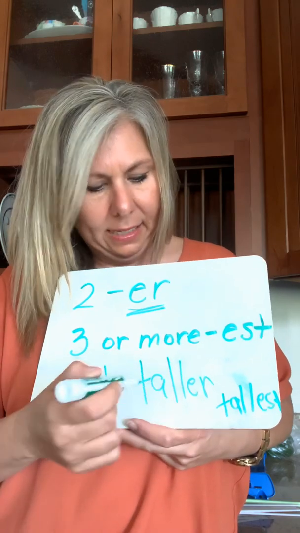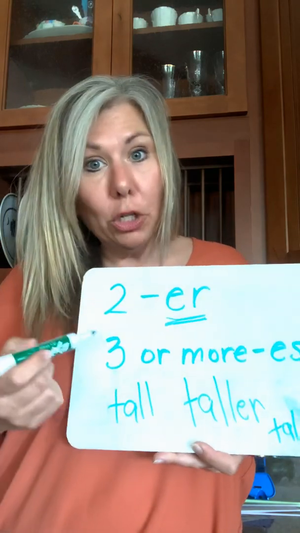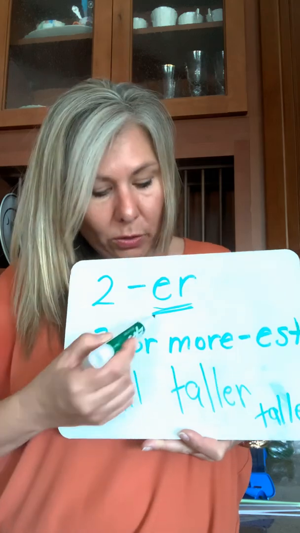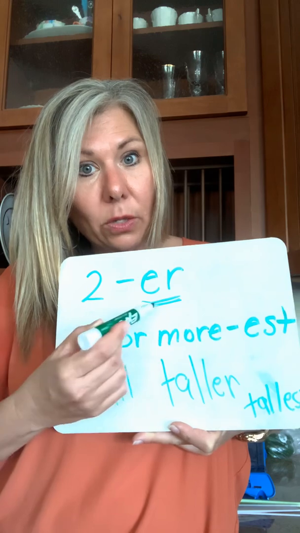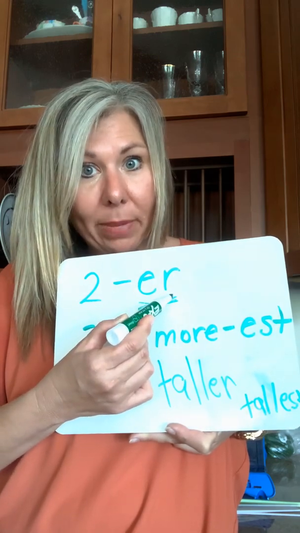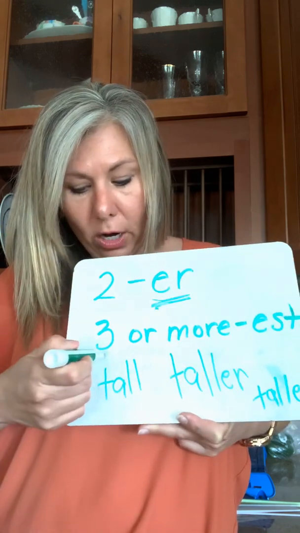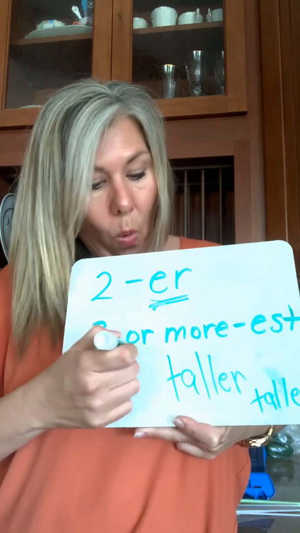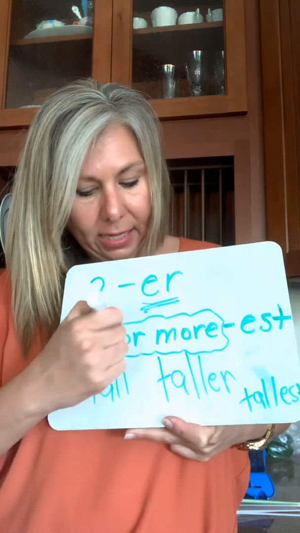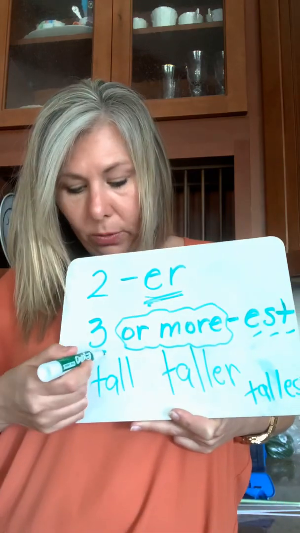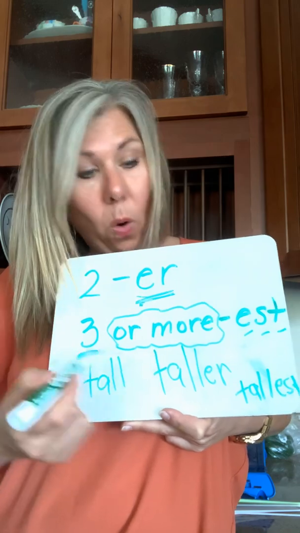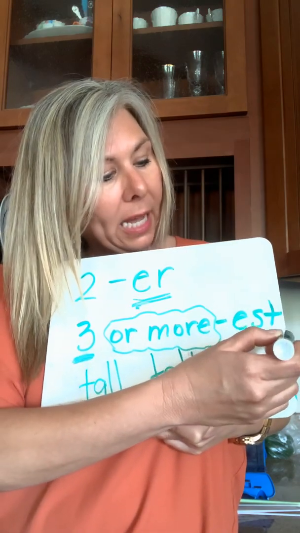When you're comparing two things, use the ER ending, and keep in mind, comparing two things uses a 2-letter ending to compare. When you're comparing 3 or more things, you use EST. Remember this little clue. 3 or more, you're going to use the 3-letter ending, EST. For example, if I said,